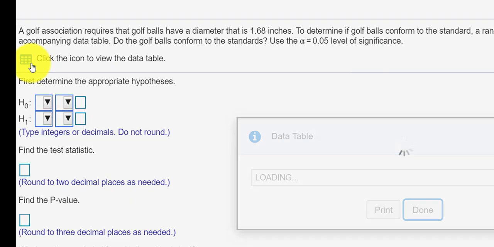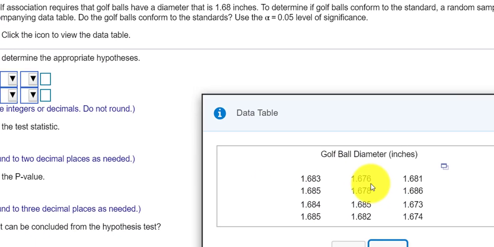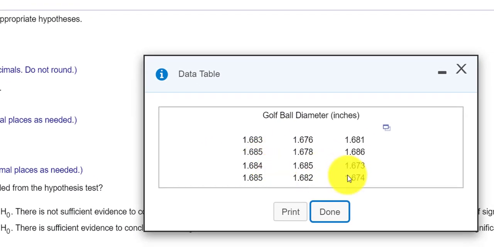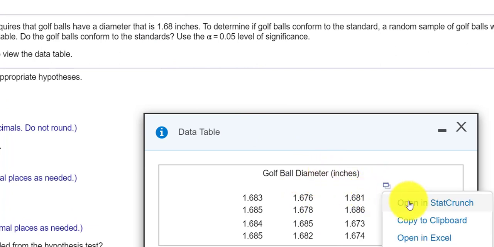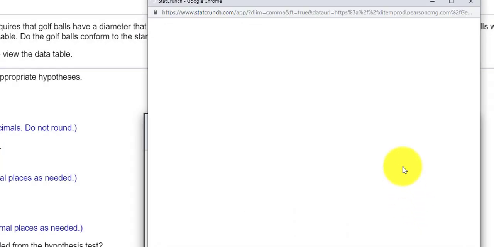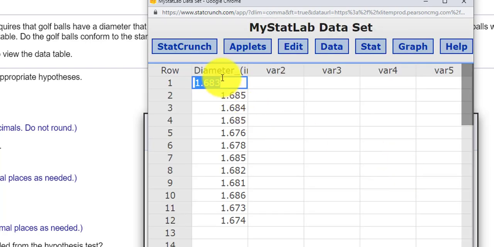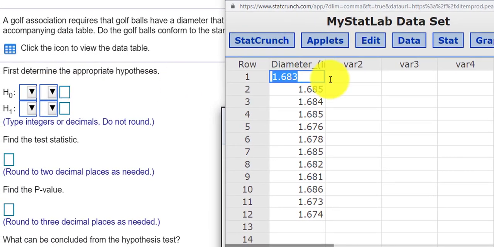All right, so if I click on the table, these are all of the different diameters for my golf balls. So it looks like some are over 1.68, some are under 1.68. I copy this data into StatCrunch. Here's my data, and I guess first I have to think about the values I'm going to use for my